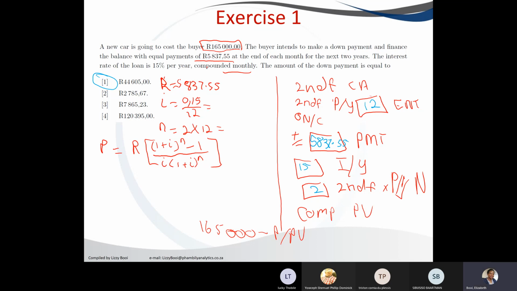Those who are calculating manually, remember, this is the formula you use, which is P equals, for the present value, your R, which is your payment, times the accumulation factor of (1 plus i to the power n minus 1) divided by i times (1 plus i to the power n). That is the formula. We know what our R is. We can substitute our R into the formula, which is